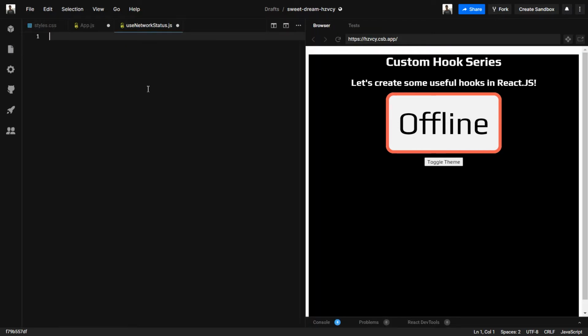So let's start and see how we can create this hook. For this, we will use the online and offline events that the browser provides to check whether the user has internet connectivity or not. We will scaffold our hook by simply importing our useState and useEffect hooks from React.